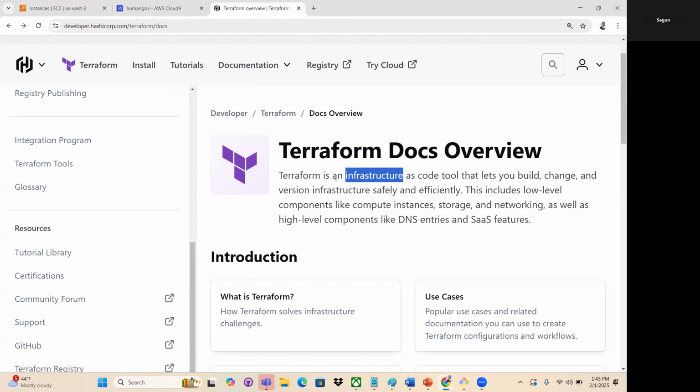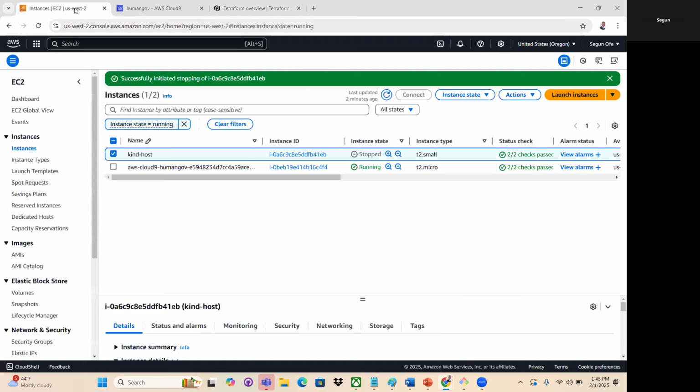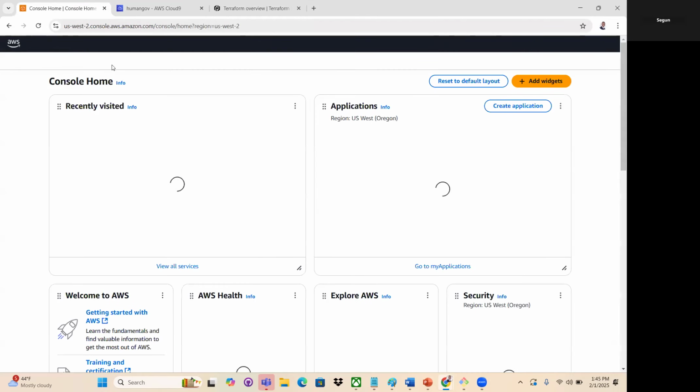So how will I use Terraform as code, right? I will just write a code or a script. It's the way it sounds, like code, but basically Terraform gives you a guide on how to go about it. So for example, maybe I want to create an S3